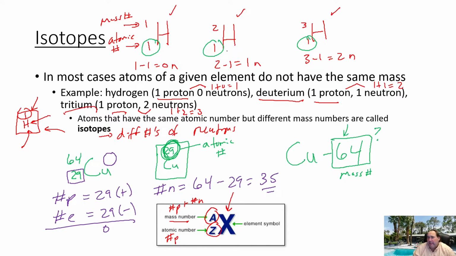So a couple of different ways you could write the symbols for isotopes. I would say most commonly in books it's written this way, but people still do write isotopes very commonly this way as well. So again, if you see the symbol, dash, a number, that's going to be your mass number. And if you see it written with two numbers on the left of the symbol, top number should be mass number, bottom number should be atomic number.